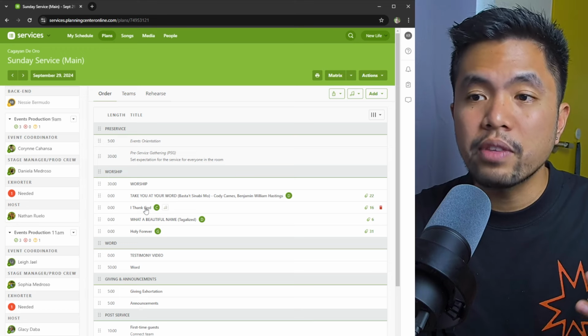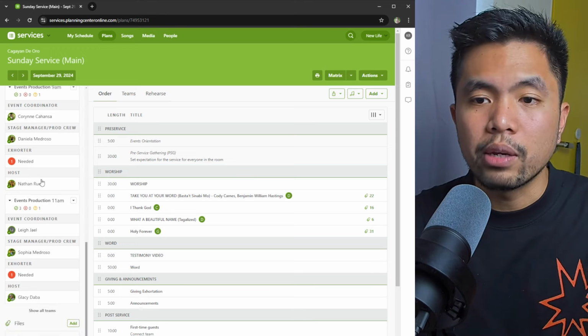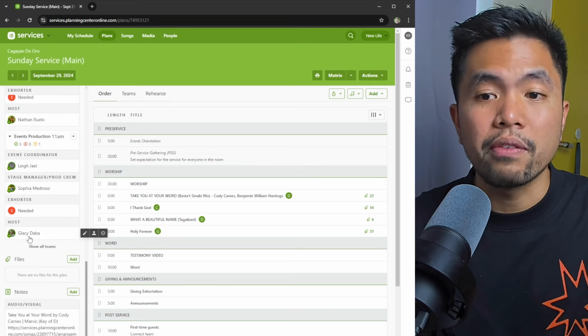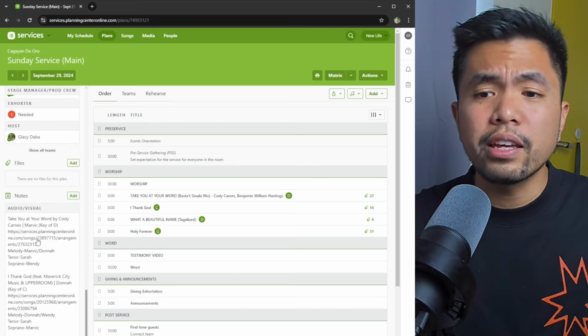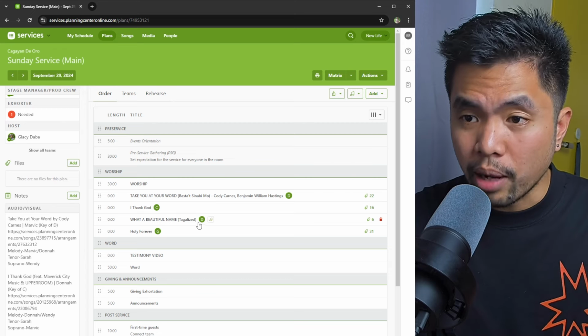So here, you have the details for all of your service. Tapos makikita to ng lahat ng team ninyo. And then we have an event coordinator for the 11 a.m. service. We have stage manager and then we have the host for the 11 a.m. So everything is here. One thing that is important also for us is nakikita namin sa program, okay, how much